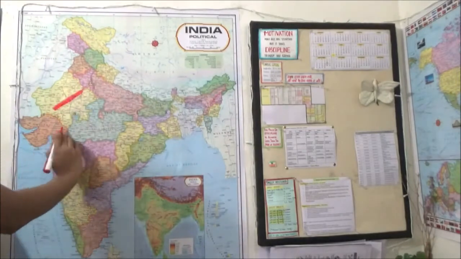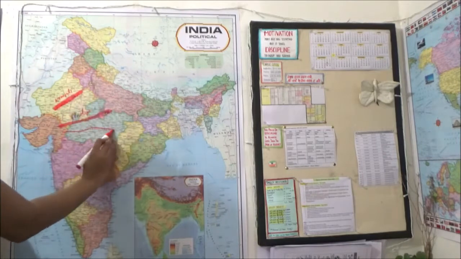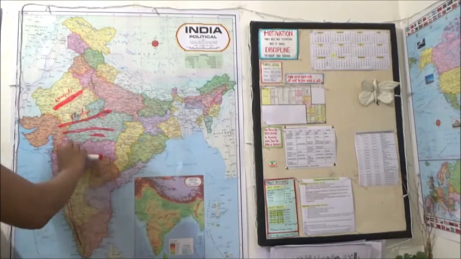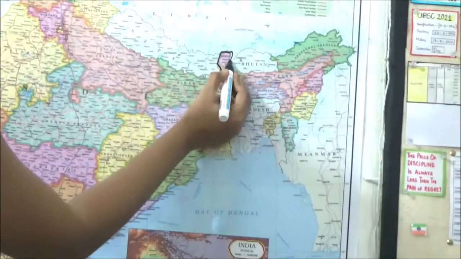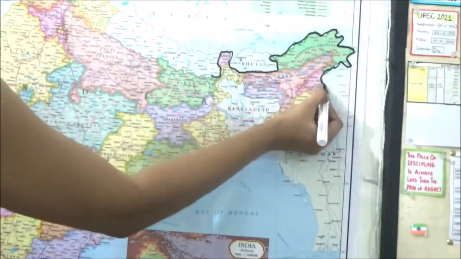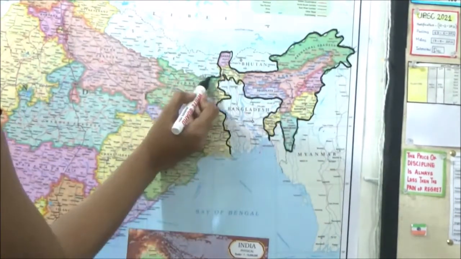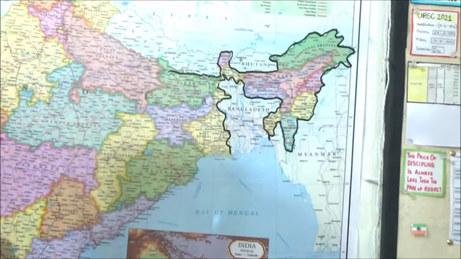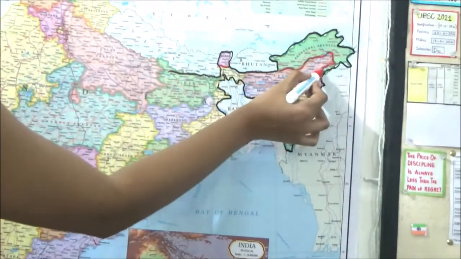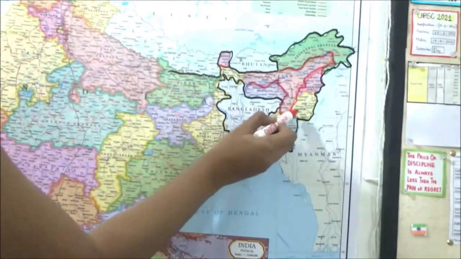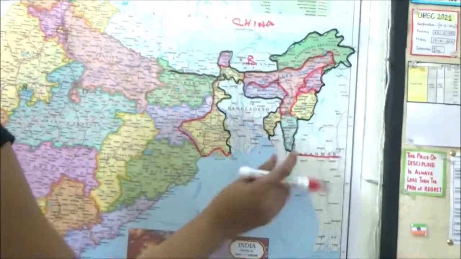Now I'm practicing some of the important ranges: Aravalli range, Vindhya range, Satpura range. I wanted to memorize this northeastern part of India, so I just followed and overlaid on the same map. So here I marked the outer boundary which it shares with other countries and the inner boundaries within the Seven Sisters. So this helped me to memorize it in much better way.